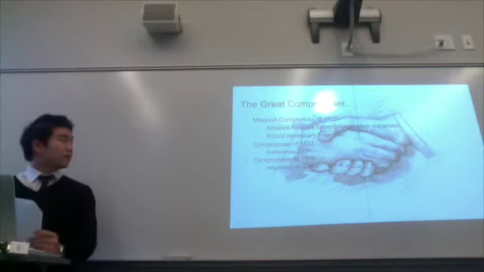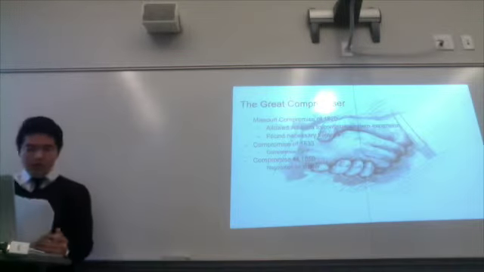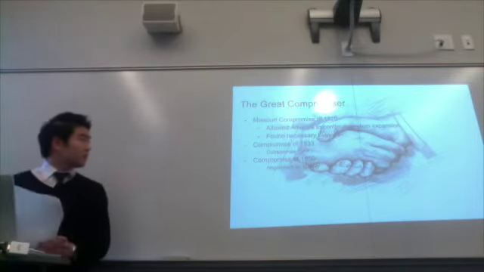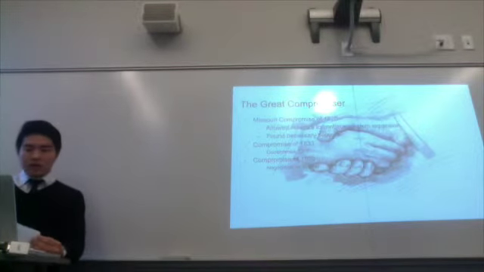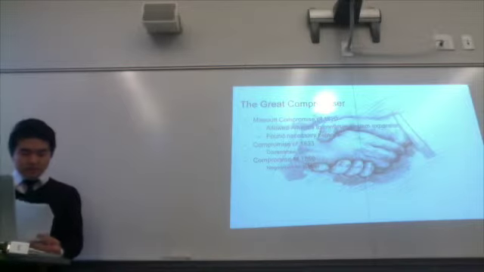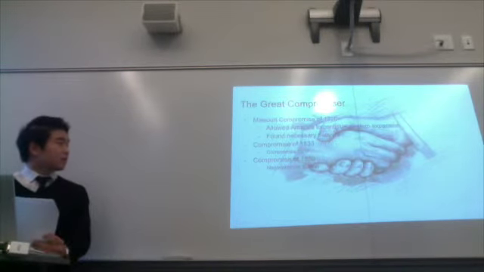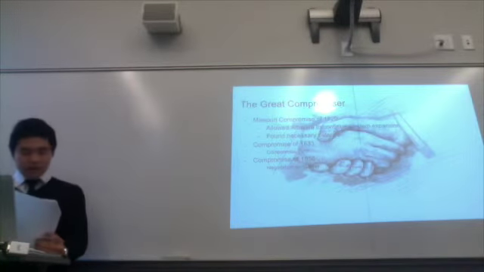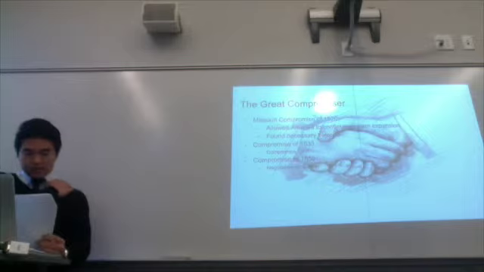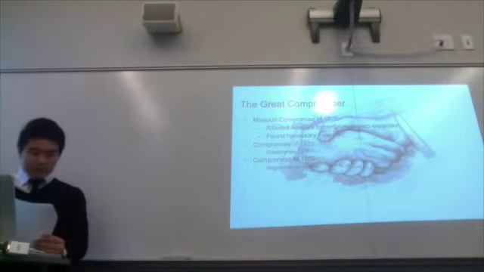The Great Compromiser. So these three compromises that Henry Clay stepped up to negotiate made him known as the Great Compromiser. And the first one was the Missouri Compromise of 1820. It was a result of Clay negotiating settlement between slave-owning states and the rest of the country, which are the free states.